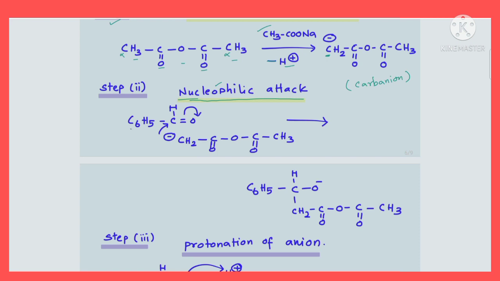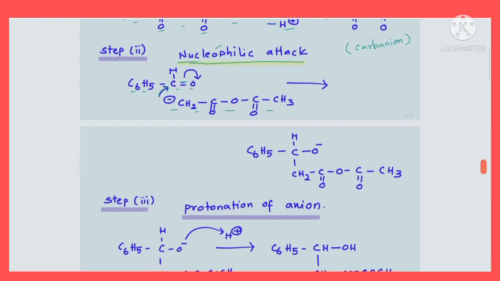Now we have written the benzaldehyde molecule, C6H5CHO. Now this is nothing but the carbanion you got in the first step, isn't it? This carbanion is attacking the carbonyl carbon of the benzaldehyde. So simultaneously, a bond pair between carbon and oxygen will move to oxygen, so it becomes a single bond, isn't it? So this results in the formation of a new bond between the carbanion carbon and the carbonyl carbon. Then the double bond O will become a single bond O minus.